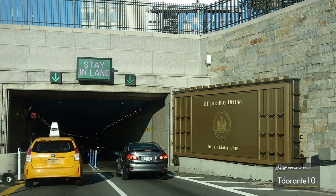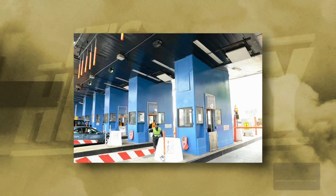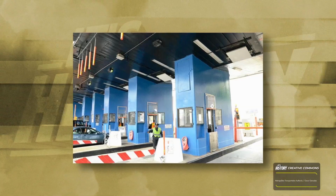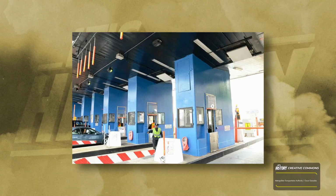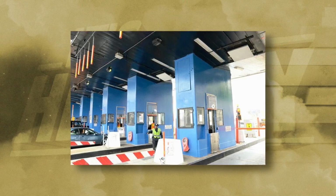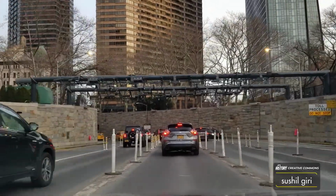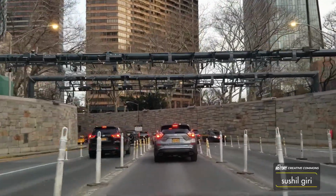Open road cashless tolling started on January the 10th, 2017. The toll booths were dismantled and drivers could no longer pay cash at the tunnel. Instead, cameras and E-ZPass readers are mounted overhead on the Manhattan side. Any vehicle without an E-ZPass has a picture taken of its license plate, and a bill for the toll is